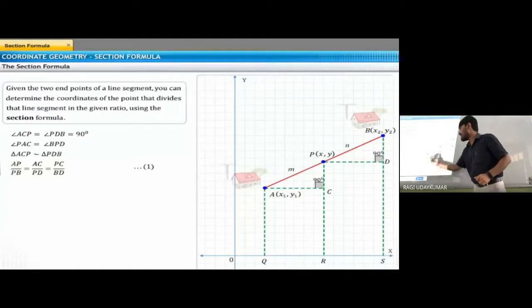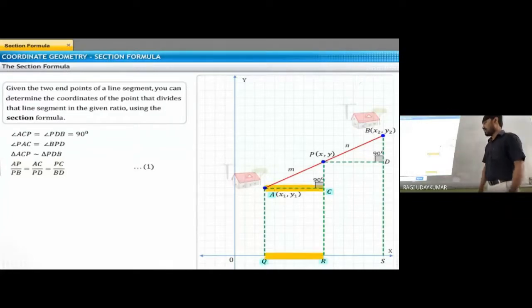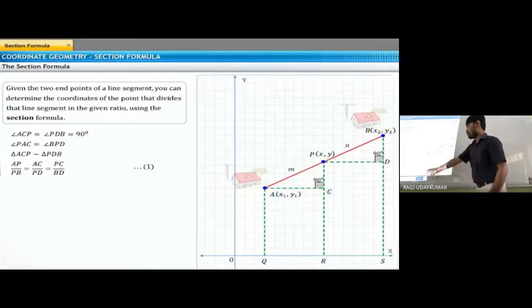AC will be equal to QR. How much will QR be? OR minus OQ, isn't it? I will show it to you. See here, we are going to get this. AC will be equal to QR, and QR is OR minus OQ. So the OR length is equal to